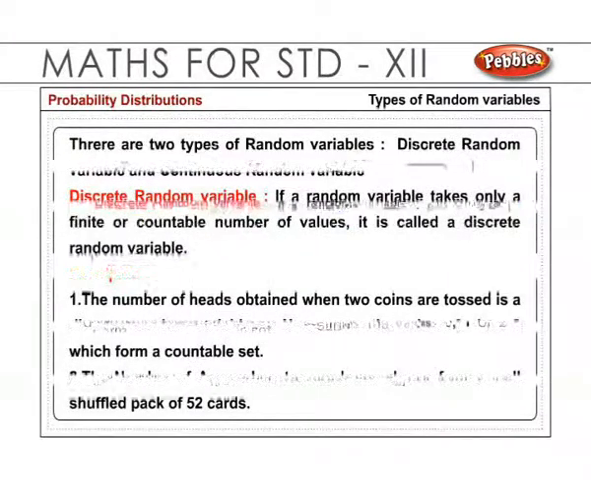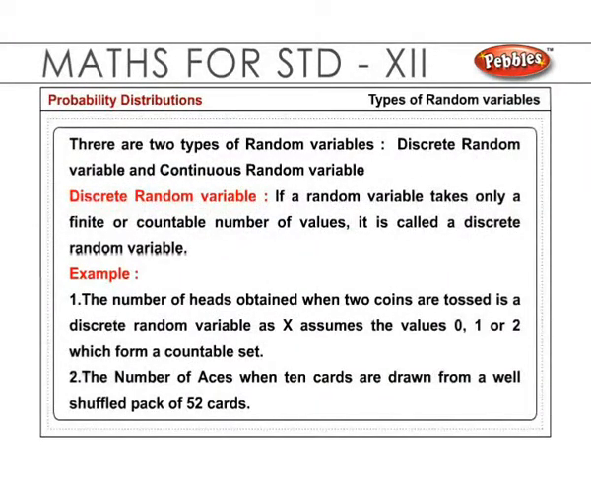There are two types of random variables: discrete random variable and continuous random variable. Discrete random variable. If a random variable takes only a finite